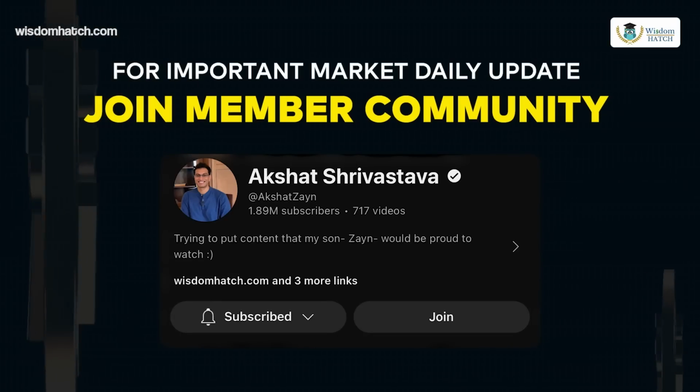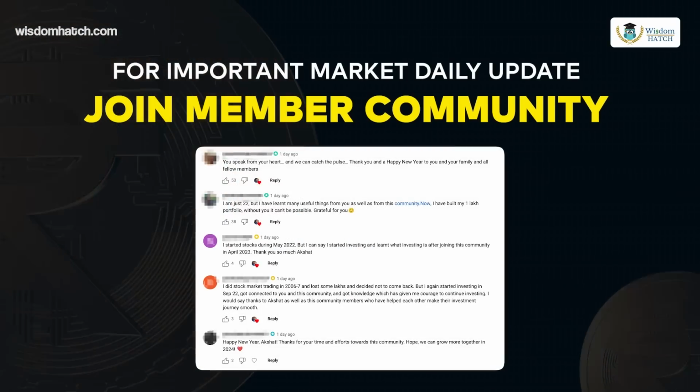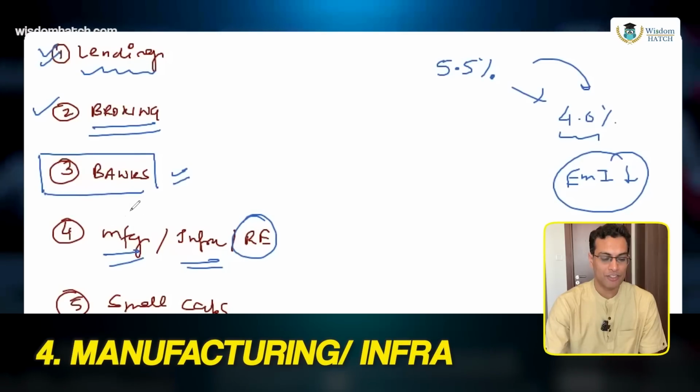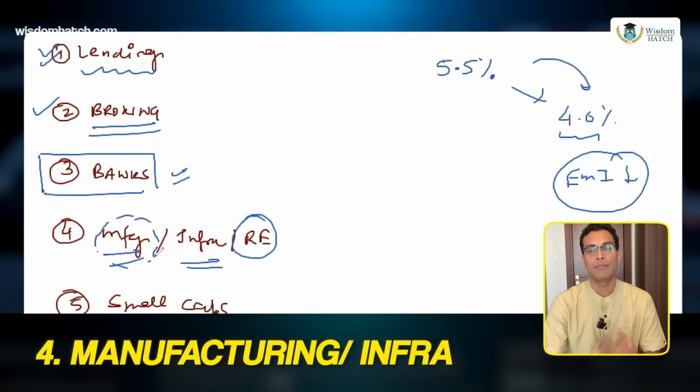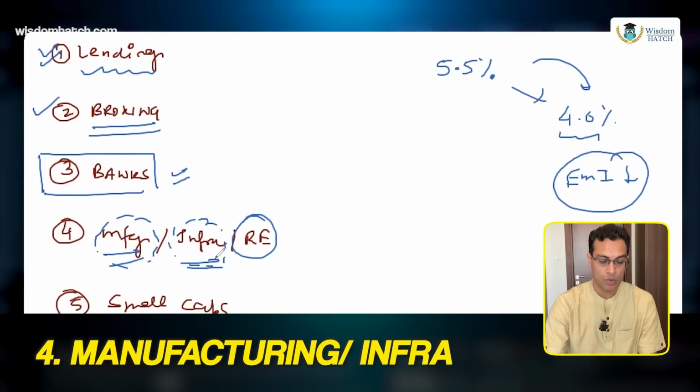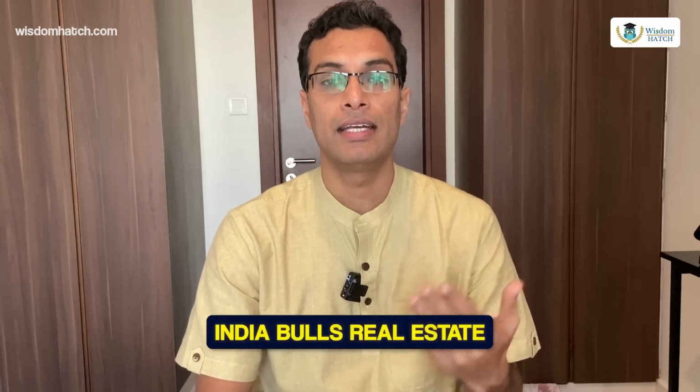Again, I will release an updated list on my member community explaining what are undervalued opportunities here. For example, we had picked something like CUB, City Union Bank. It has done really well over the last few months. Then comes manufacturing. Yaar, I don't know much about this. I am researching more. I have not added many manufacturing sector stocks, and same applies to infra stocks. In real estate, I had Indiabulls Real Estate, which has done really well. In fact, I had made a video on it approximately a year back, and since then it has given 80-90%